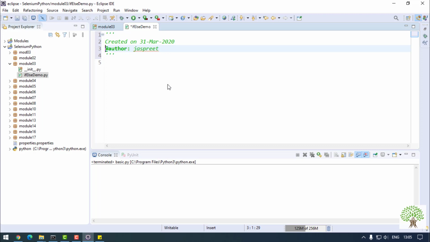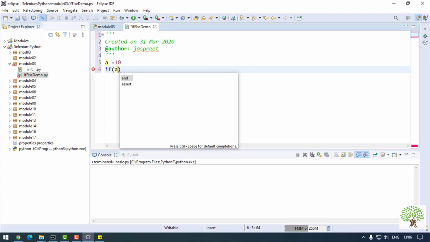Let's take a situation, a normal variable I'm taking. Let it be a is equals to 10, a simple variable I have declared. Now I want to compare whether this 10 is greater than 0 or not. That is simply what I want to do. So I'll say if, this is the syntax of if condition in Python. If, and then you need to give this statement. Now if my a is greater than 0,